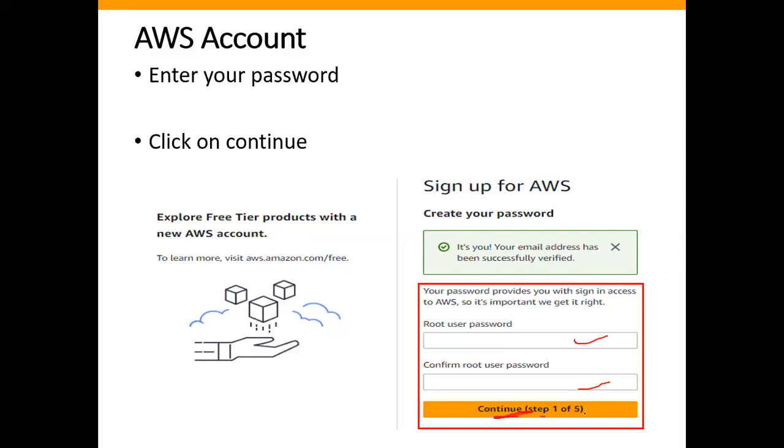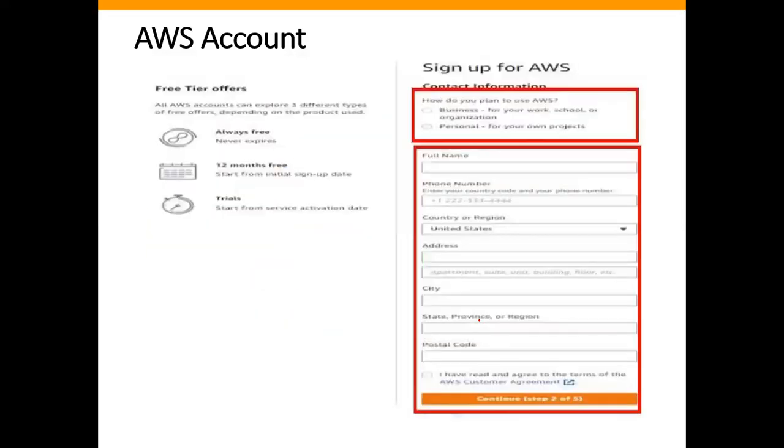With this, out of those 5 steps, you are going to complete the first step. To create an AWS account, there are a total of 5 steps we need to follow, and this is the first step we are completing. We are entering our email ID, validating it, and then giving our password. Now, once you enter your password,